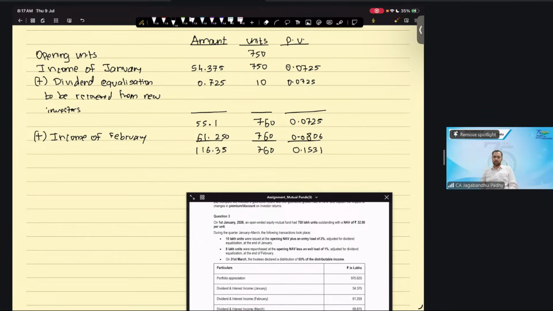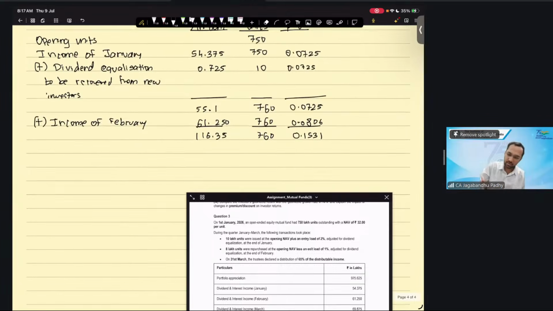Right, so this 1531 is going to be distributed among 760 unit holders. But then there is redemption happening of 8 lakh units. So for this 8 lakh units' dividend equalization part, should I add or should I subtract? Because redemption is happening, we are going to pay out this dividend equalization, right? So we are going to subtract